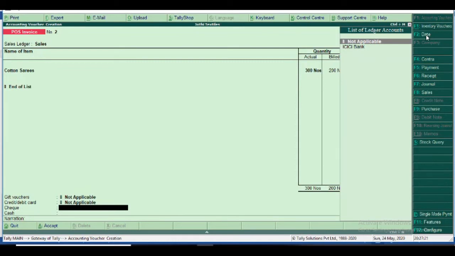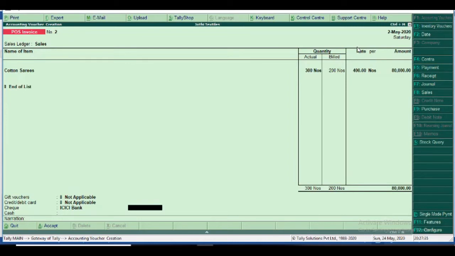Check amount. I select the ledger. If the customer is paying via bank, I select the bank ledger, ICICI Bank. The amount is 80,000 fully. The bank name is Indian Bank.